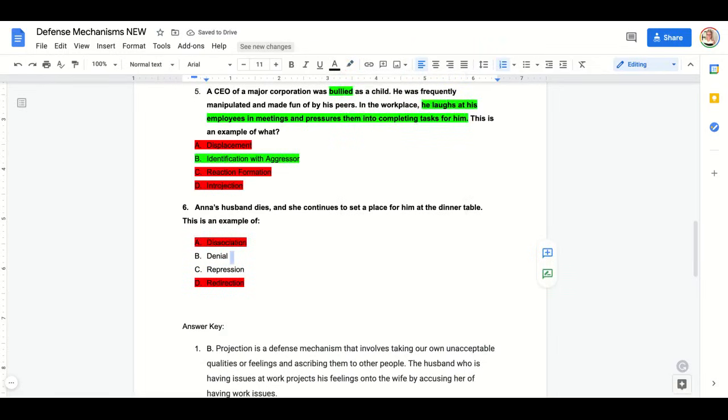These can look very similar. Denial is when you're denying some sort of external stimuli. Repression is not that you're denying what happens, but you have learned to restrain thinking about that or bringing up something because it's protecting you. So here, setting the place at the table, her husband's death, that's an external stimuli. It's going to be denial. Remember, with repression, you're not acting as if it never happened. You are trying to restrain it. And we don't have that information here. So we can go ahead and say denial is a better